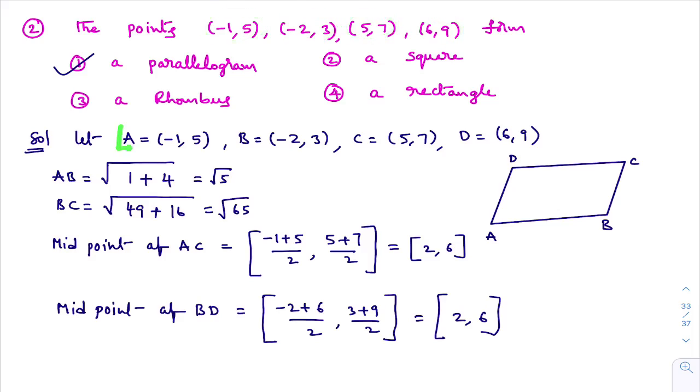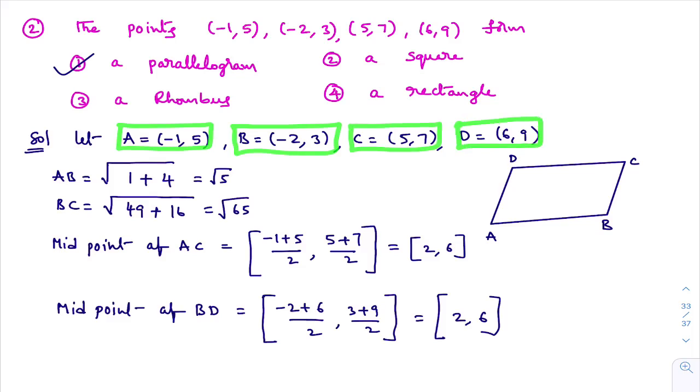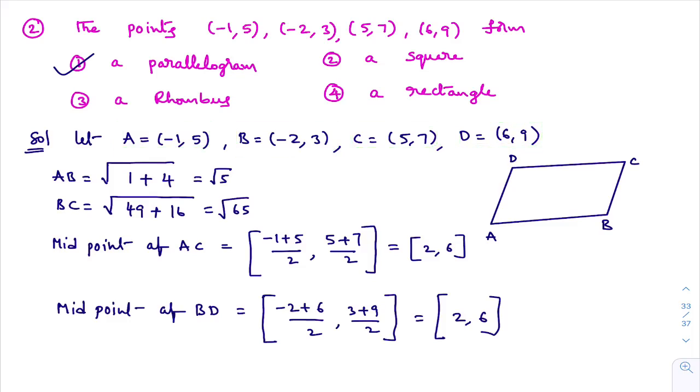See, these are objective bits. That means you need to do these problems faster. While doing objective bits, we will have very little time, so there is no need to write like this. Just to help you understand, I am writing all these things clearly. While doing objective bits, no one will see how neatly you are writing. They will see how fast you are and how accurate, whether you choose the right option or not.